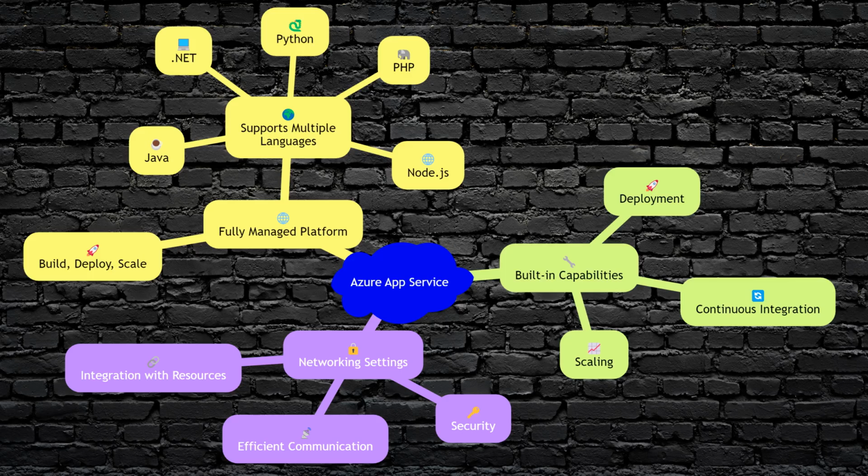Azure App Service is a fully managed platform for building, deploying, and scaling web apps. It supports multiple languages and frameworks, including .NET, Java, PHP, Node.js, and Python. The service provides built-in capabilities such as continuous integration, deployment, and scaling, making it an ideal choice for modern web